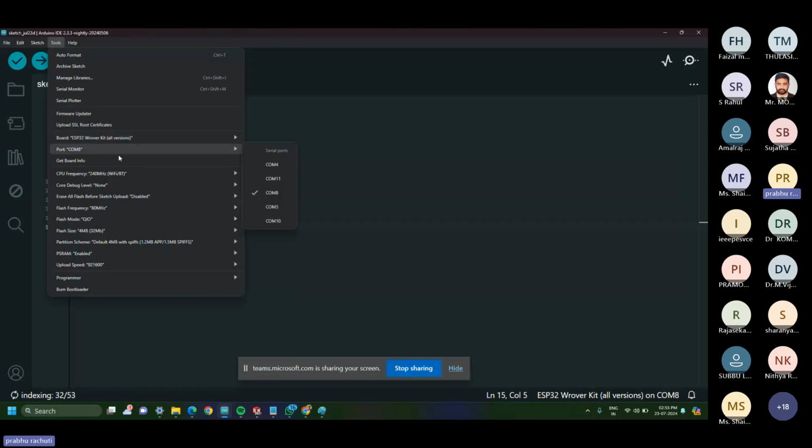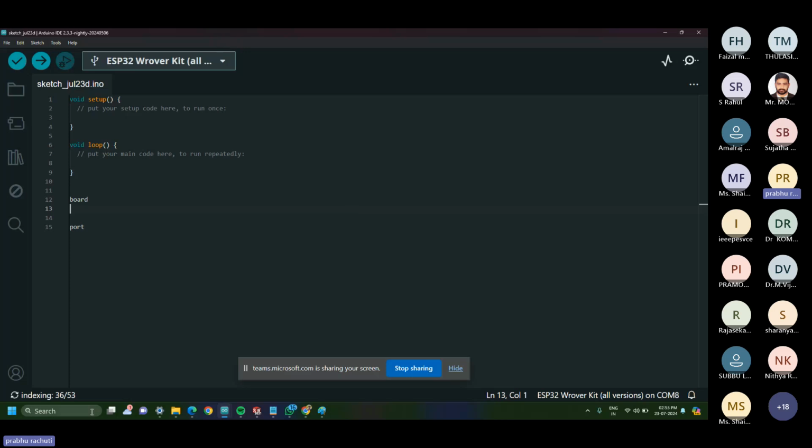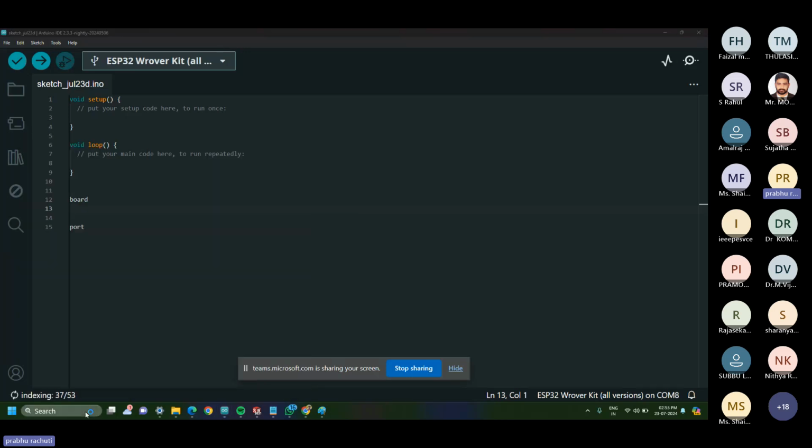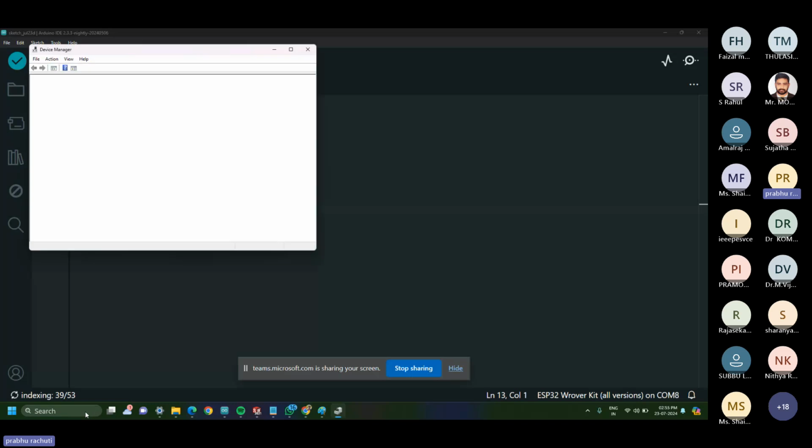So in ports, it is showing some 5 ports. Okay, of these 5 ports, I don't know which port my board has connected to. So to know which port the board has been detected on, you have to open Device Manager. It is a Windows option, Windows settings. You can find it in the control panel. So if you open Device Manager, just go into this Ports option, expand this, and here you can see